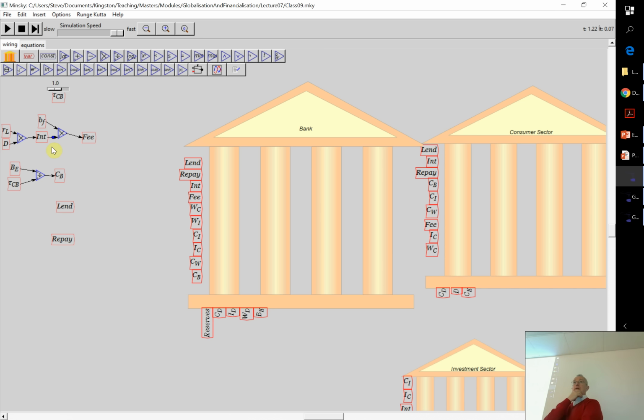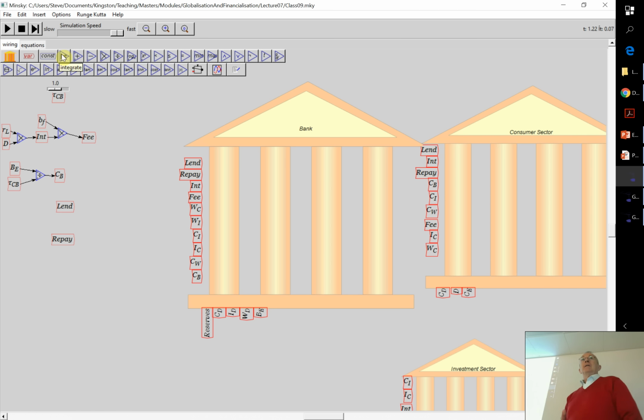Yeah, it's just what I used to do before we had multiple Godley tables. If I wanted to simulate loanable funds, what I had to do was set up an icon for the financial flows, and then define a separate variable called D, which was debt. Lending and repayment change the level of debt, and they were integrals. So I had to create an integral object, which is from here, if you see the integral symbol here, bring it down, then define debt. Because in this case, the debt is not an asset or a liability of the banking sector, I can't record it on a Godley table for the banking sector.